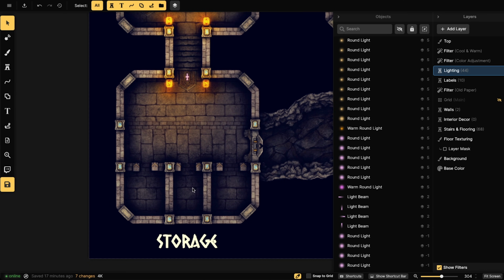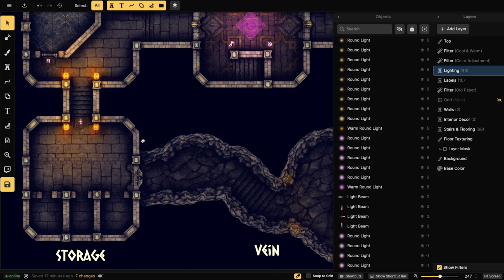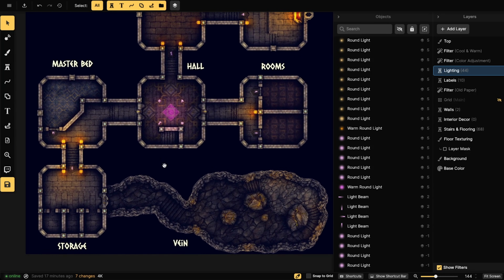And might be storage for storing supplies, tools, things that you use for mining the gold ore. All of those things are important. Okay. Yeah, for those of you who are just tuning in, just pay attention to my layers here on the right side, just how I set things up. Lighting, my labels, all my filters are up here, then walls, interior decor, stairs, and then the flooring texture of